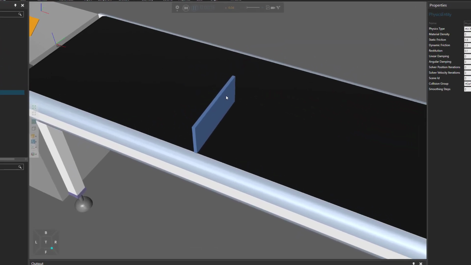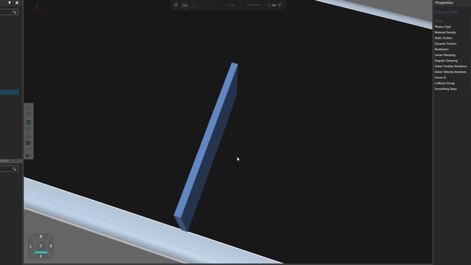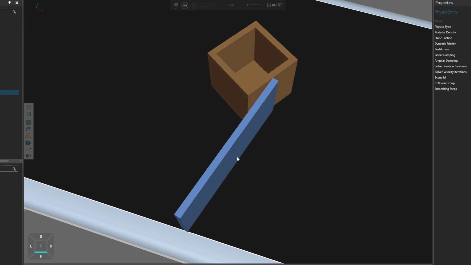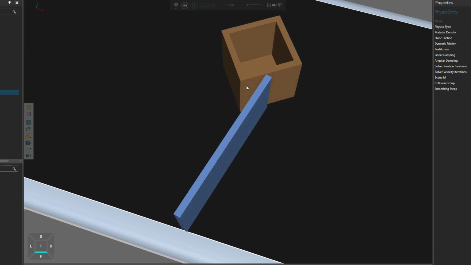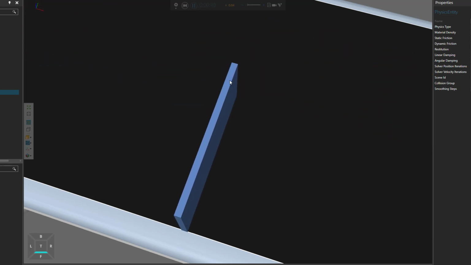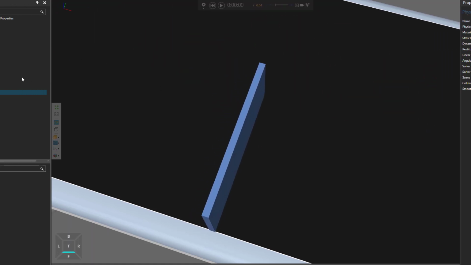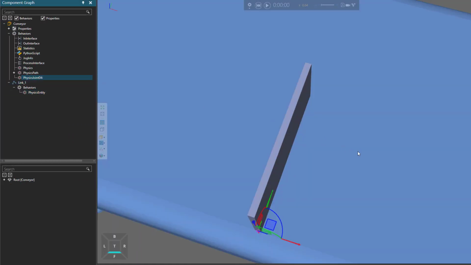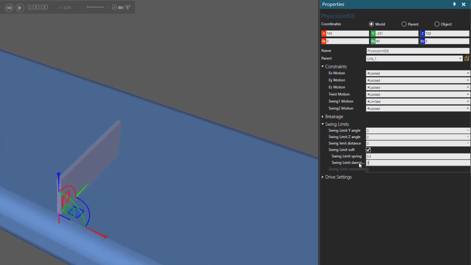And we do get a bit of spring here, but this actually looks like an underdamped solution. So you can see it is swinging out, and then it swings back, but it is oscillating about its rest or equilibrium a bit until it settles. So we don't want that. Let's go back to the physics joint. And then for the spring limit, let's use some damping here. Say 2.